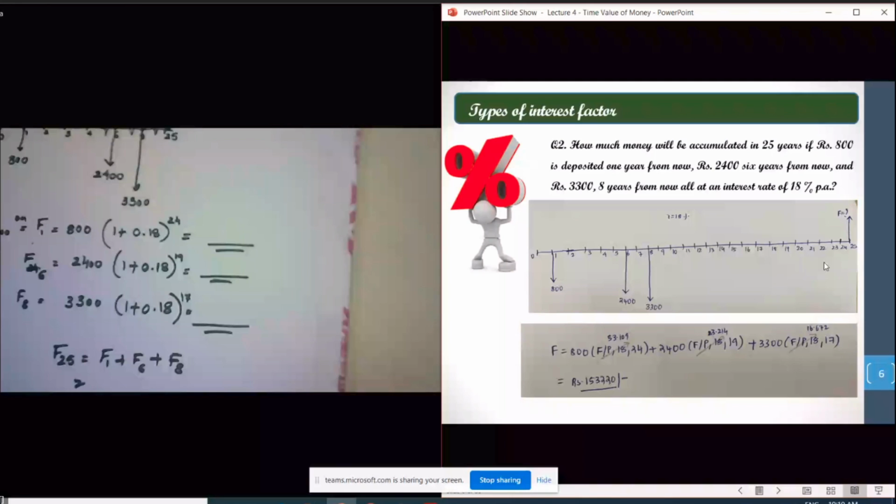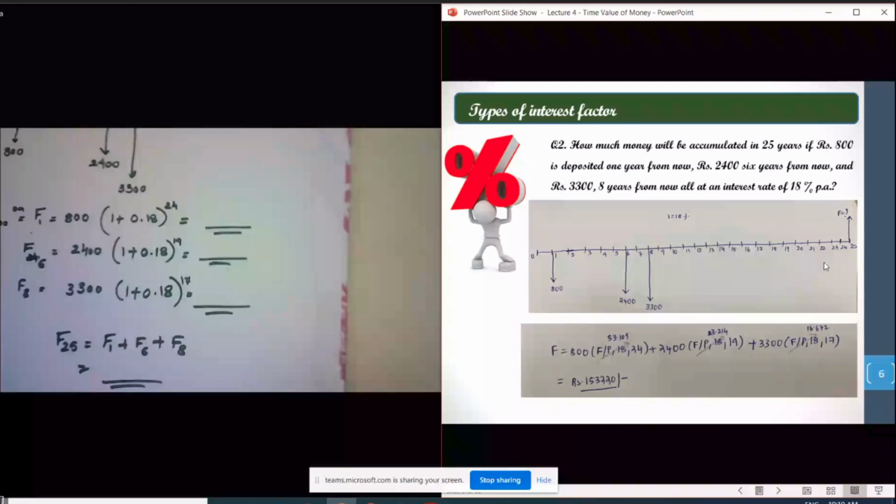Okay, so no need to worry here. The only thing is you have to write the appropriate formula as well as the values corresponding to the interest rate. If that is correct, then there won't be any problem, I guess. Anyhow, you will be using the calculator to solve it, so you have to check whether you have typed the right values in the calculator.